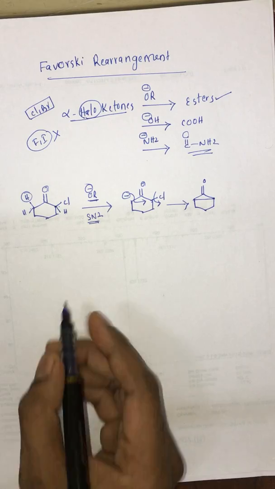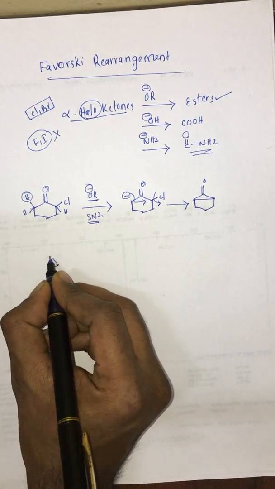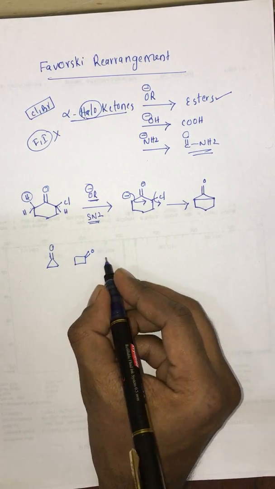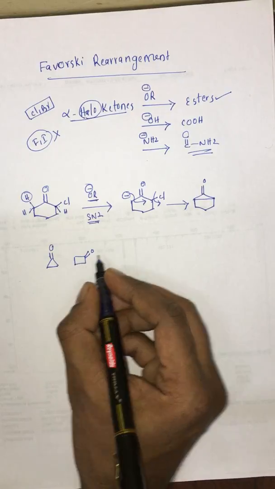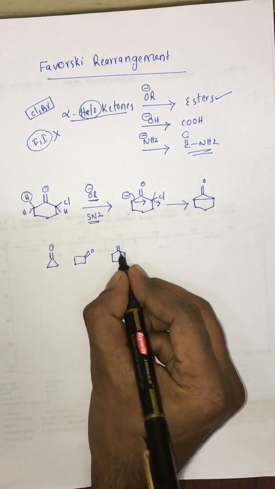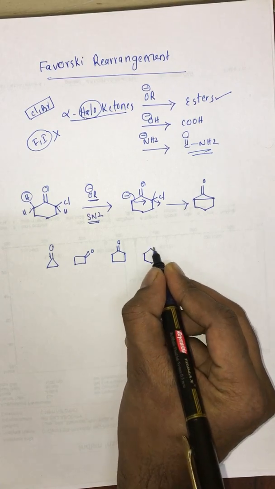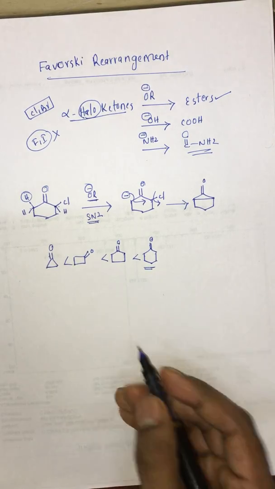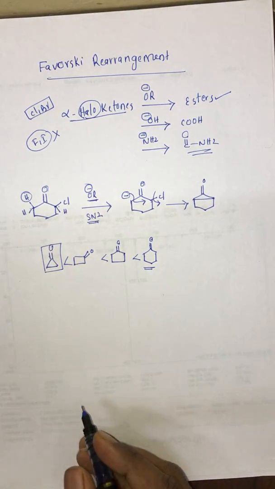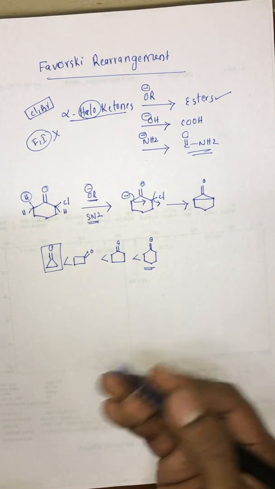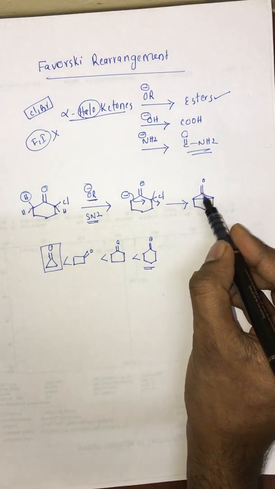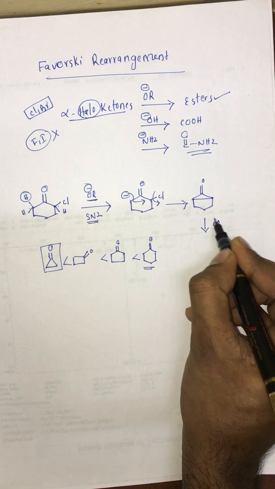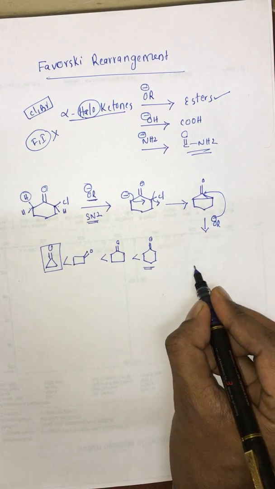Now we know the stability order of these: we have cyclopropanone, cyclobutanone, cyclopentanone, and cyclohexanone also. Which is more stable? This is the more stable one, because here angle strain is less, whereas here angle strain is more. Because of that, this is less stable, and less stable means more reactive. So this immediately undergoes reaction and has to open the ring, otherwise it cannot be more stable. Now the alkoxide goes and attacks this carbon,